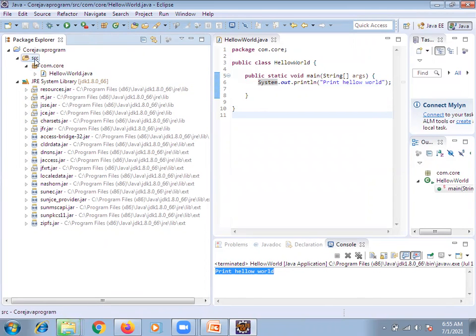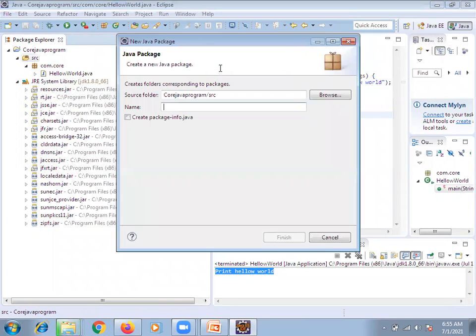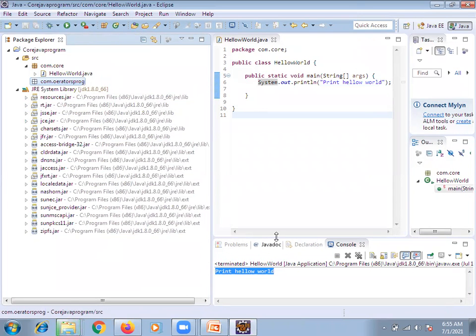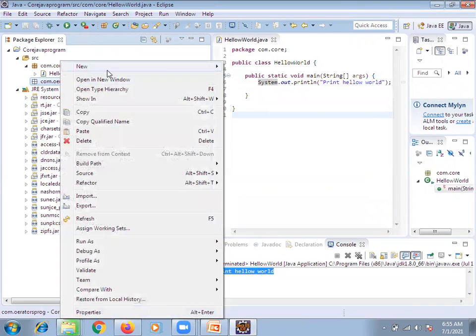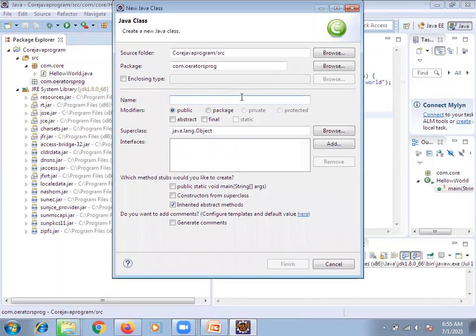If you want to develop advanced programs, now this is a basic program. Now what I will do, I will create one more package, com.operators. Related to operator programs, I am going to develop all classes. Class addition.